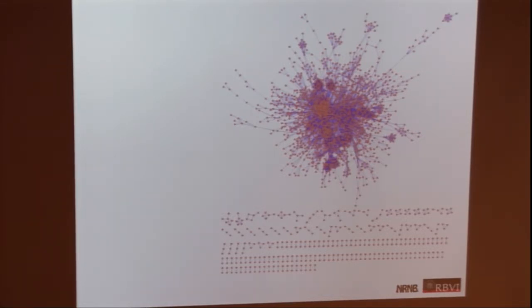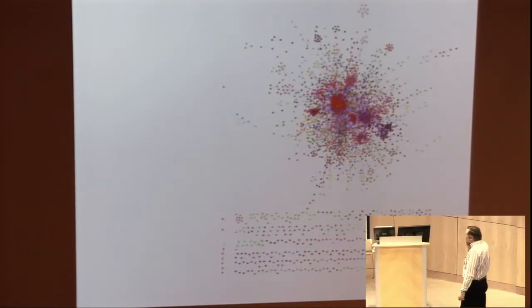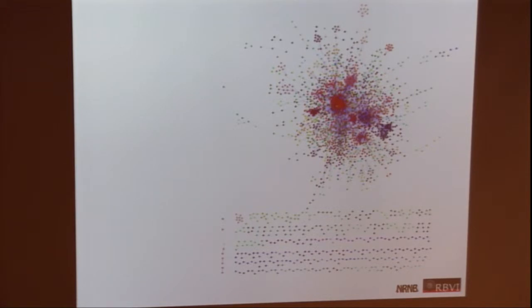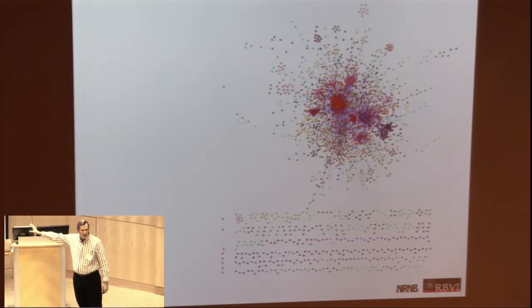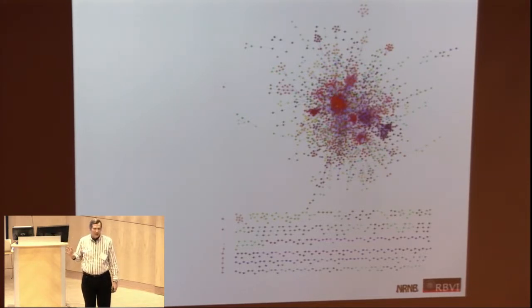So, for those of you who hate hairballs, everybody's supposed to be groaning right now. Is there meaning here? Well, a lot of people will look at that and say, oh, it's a hairball, I don't see anything. But if I take that same network and color it based upon a clustering algorithm, what you can't see is the lines in between, in this case, that doesn't quite show up. But now, all of a sudden, I see structure to that. It's not just a mess. There's a definitive structure there. And once I know what that structure is, now I can dive in, I can carve pieces out, and I can do differential analysis of that.